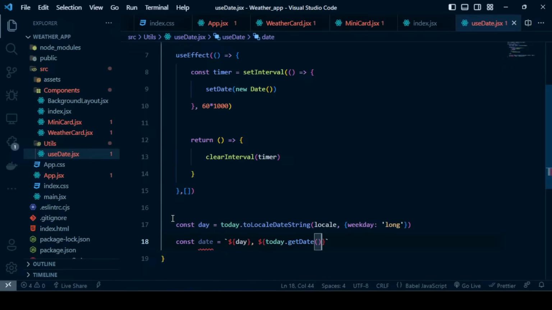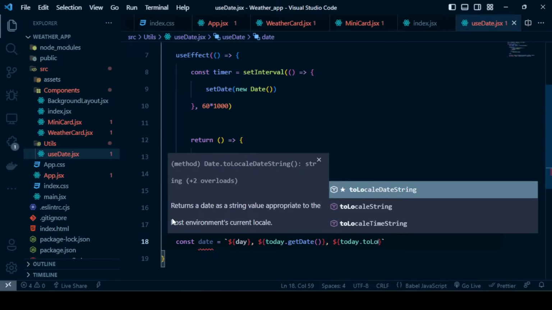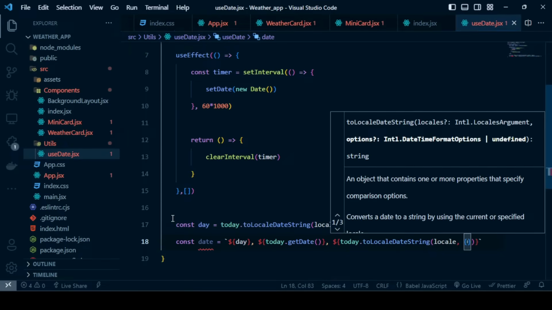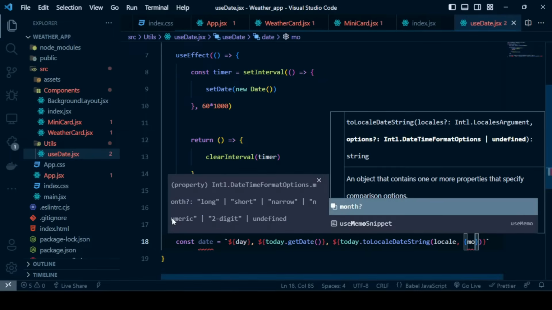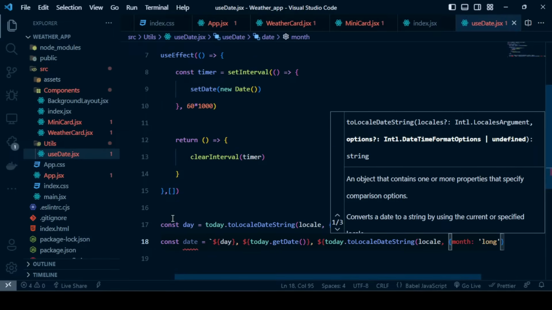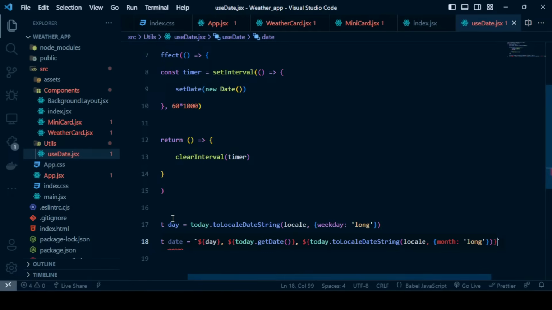Okay, and another thing called today.toLocaleDateString, and inside of that we'll be passing locale and with the object, and inside of that object I will pass the month to be of long type. And just after that I will type